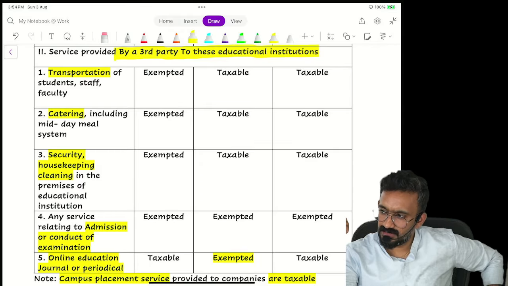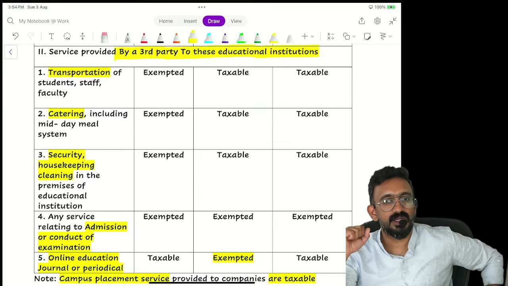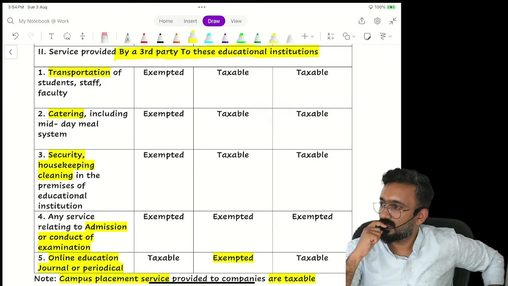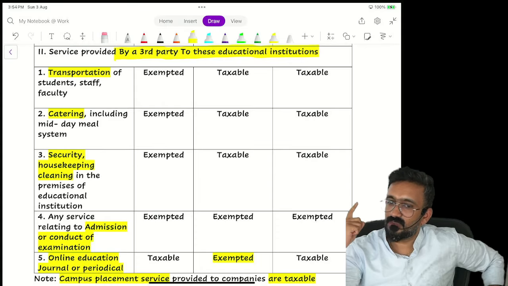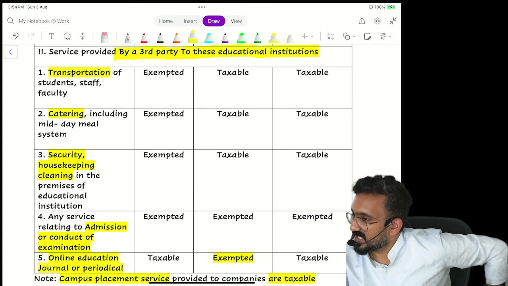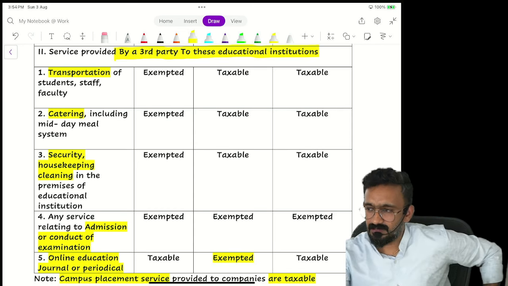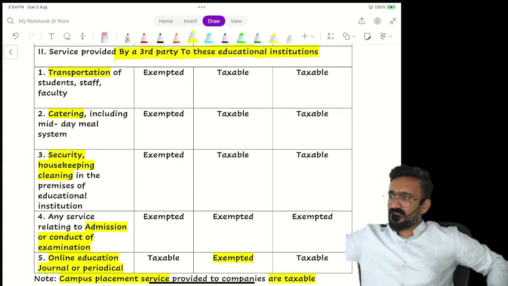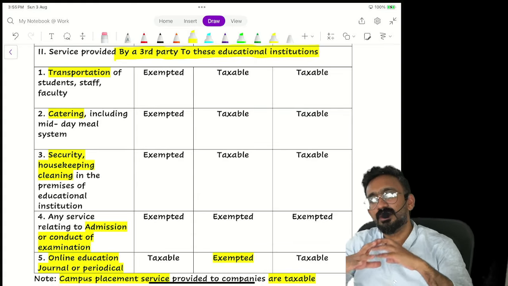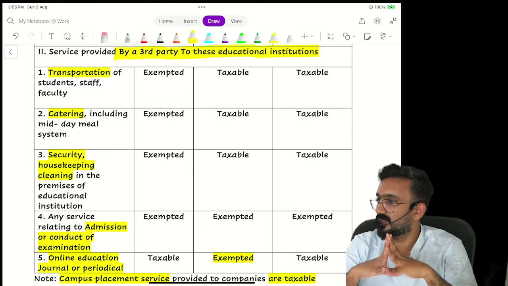Why would it be exempted under this entry? Because this should be provided to a specified recipient. Who is the specified recipient? School. So I should give the bill to whom? School. Then only the school will become the recipient. Are you understanding the difference? Specified activity to specified recipient. If I have 10 buses, I am doing the service of picking up and dropping off school students of Don Bosco school, and I am giving the bill to Don Bosco school, it will be exempt.